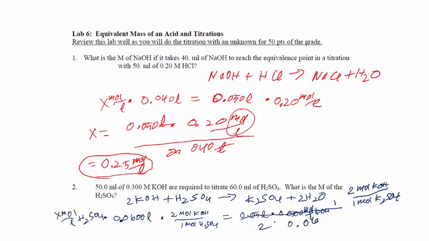So that gets rid of this, gets rid of this and this. So let me move this up here. So I have X mole H2SO4 per 1 liter H2SO4 equals